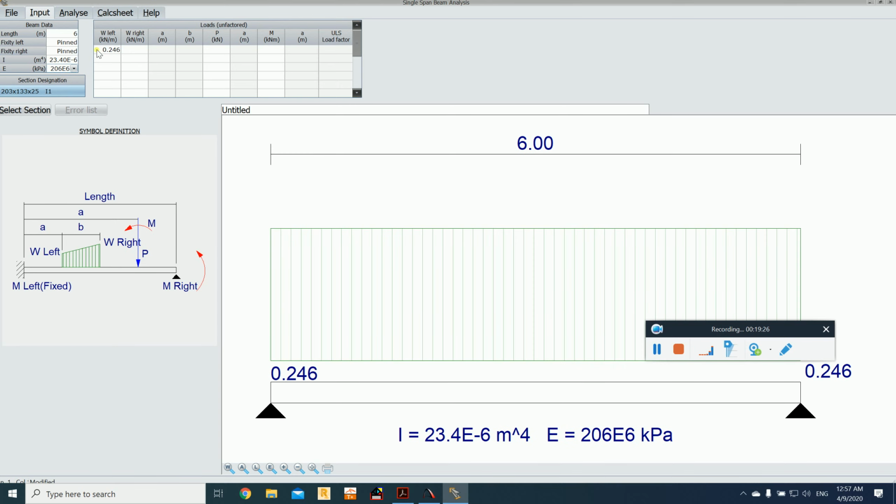Now you will see that this particular value has been given here automatically, which is 0.246, and 0.246 represents the self weight of this particular section in terms of kilonewton per meter. So the self weight has been already induced inside the calculation. I don't need to go and calculate it once again. Now going to check the